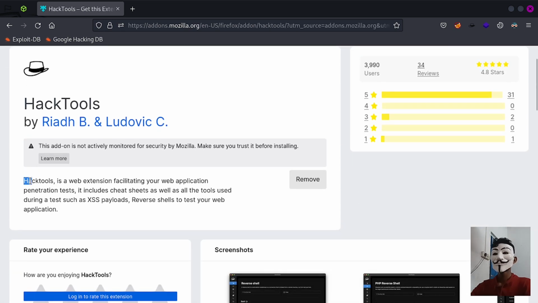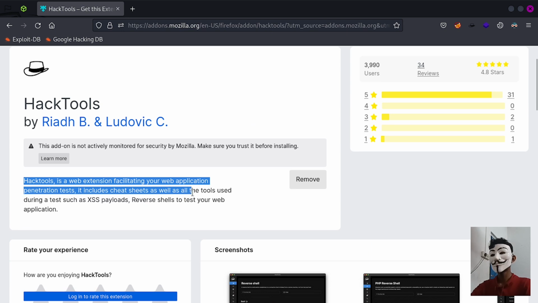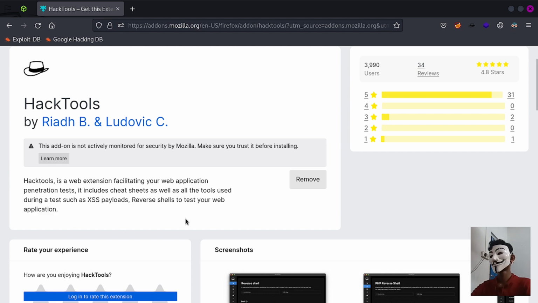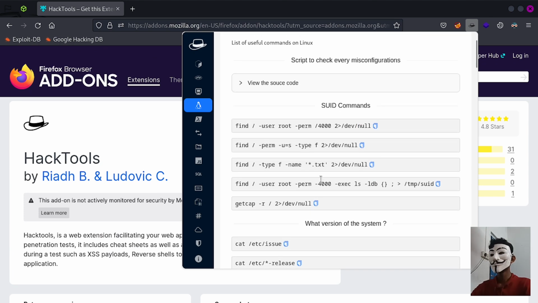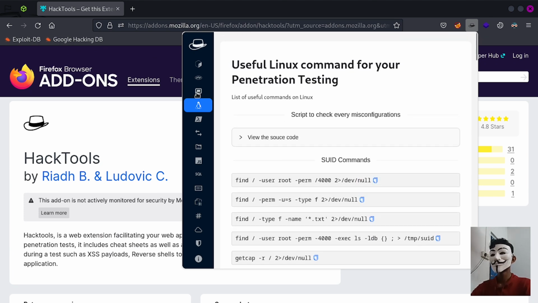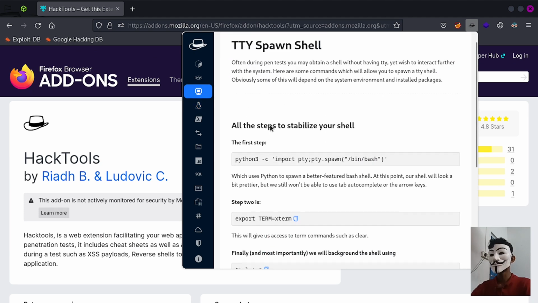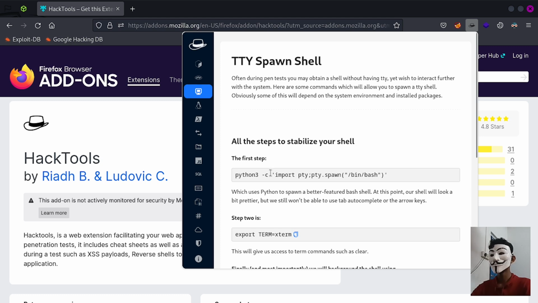As you can see, it includes cheat sheets as well as all the tools used during our test, such as XSS payloads, reverse shells to test your web application. You can see these are SUID commands, spawn shell commands using Python 3,